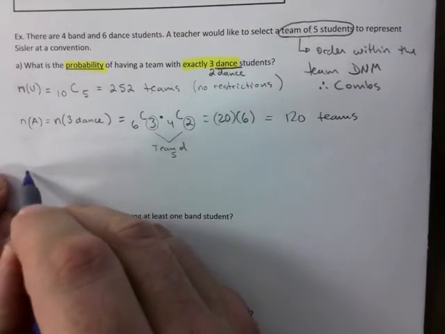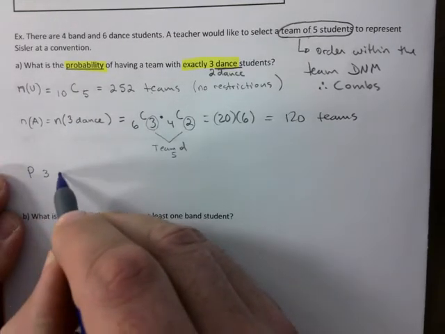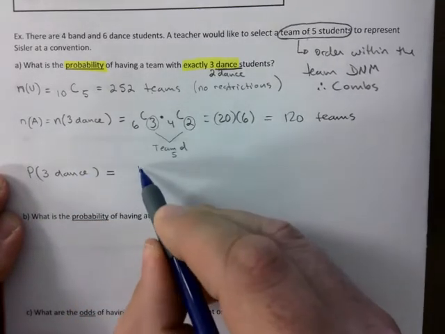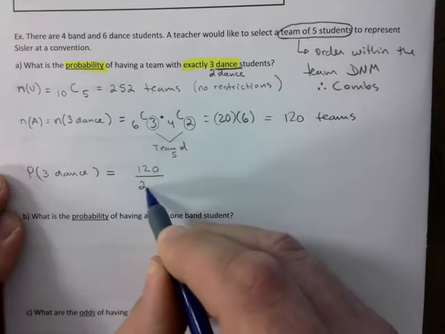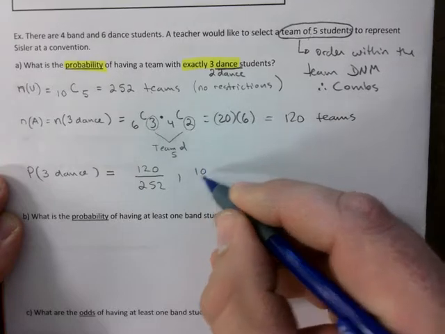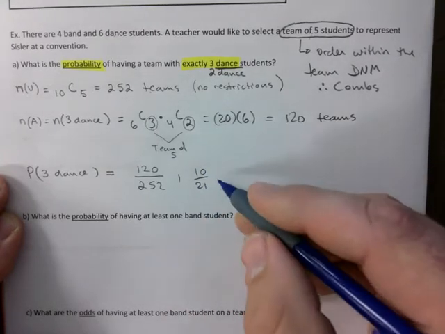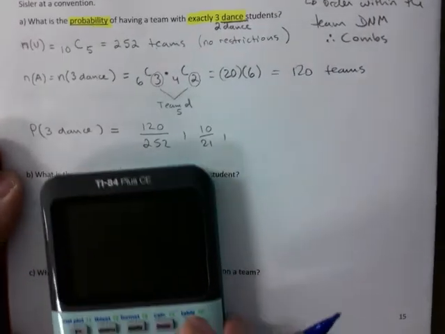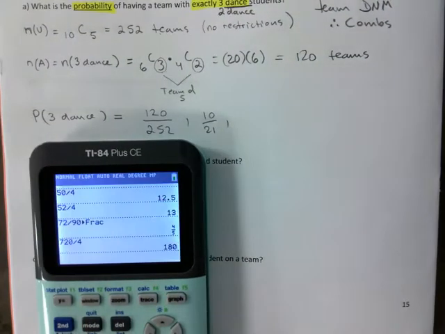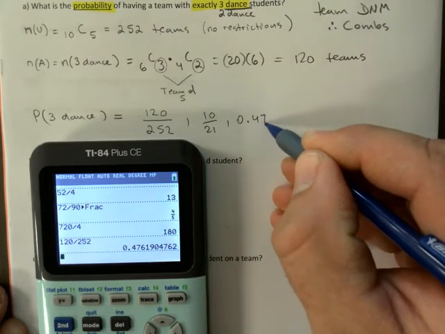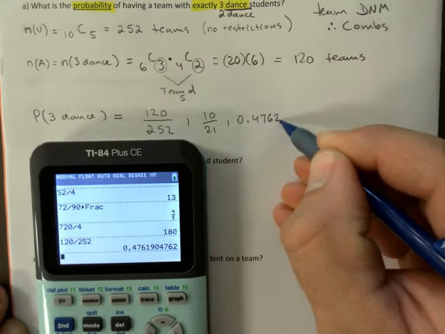So now we're going to come up with our probability. Probability of 3 dance is 120 over 252. I took the liberty to reduce this one using the calculator. So that's what that would be. And I want to make sure you get this part right. Don't get this part wrong here. So you go 120 divided by 252, and then we get 0.4762